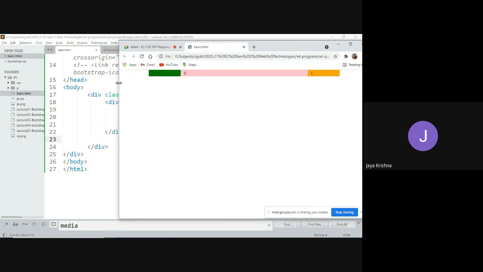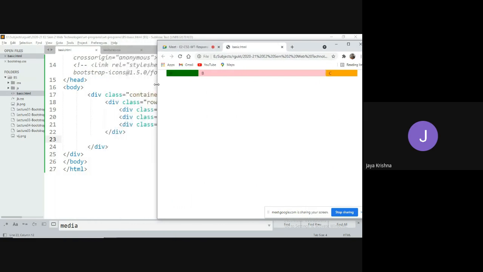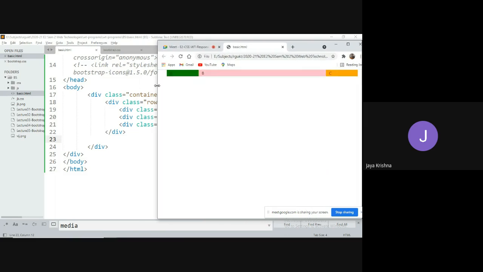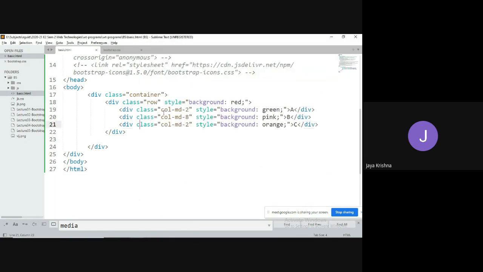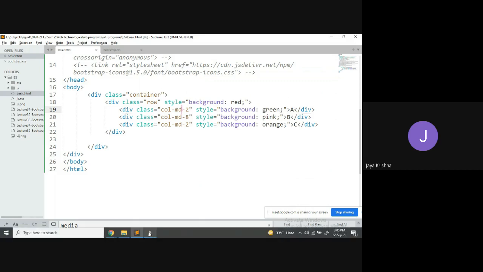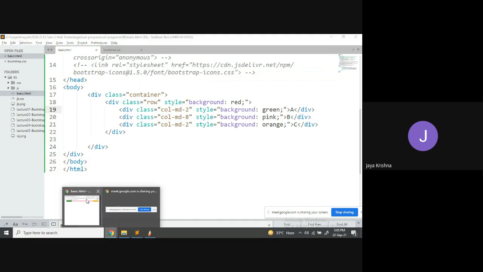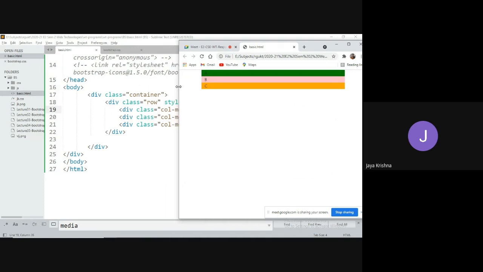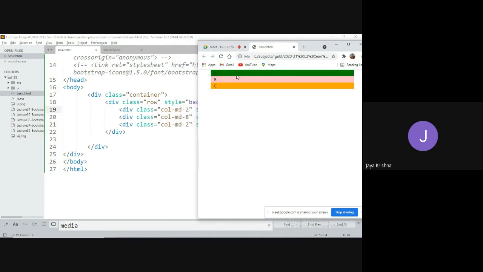Yes, there is no problem. When you observe this point, we call it a break point. Meaning that, based on the condition, what condition have I defined? I have defined a medium screen. So medium screen is a kind of break point. After that break point, what do you have to follow? You can observe that. At this break point, it automatically converts into this kind of structure.